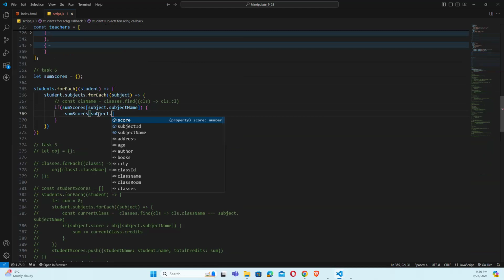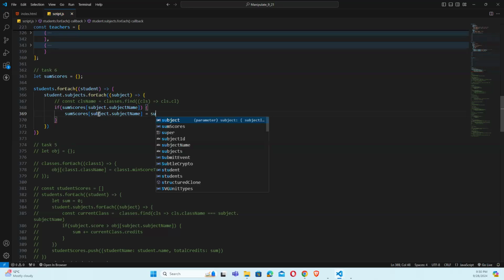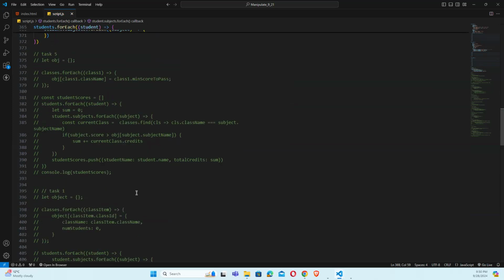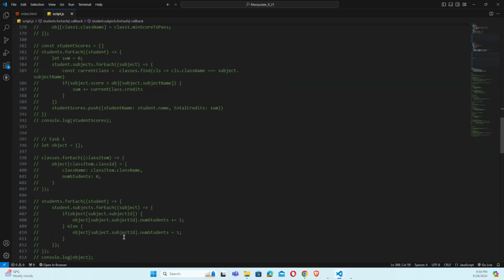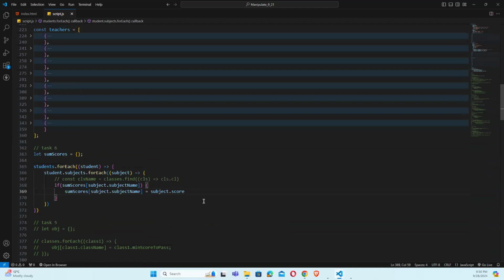Subject score, subject name, subject equals to one. Not 1, we need subject dot score. Subject dot score, but this will assign and it's not summing. It's not increasing actually, it's just assigning. How can we increase it? Plus. No. Plus equals, no. This will give us just assigning, but